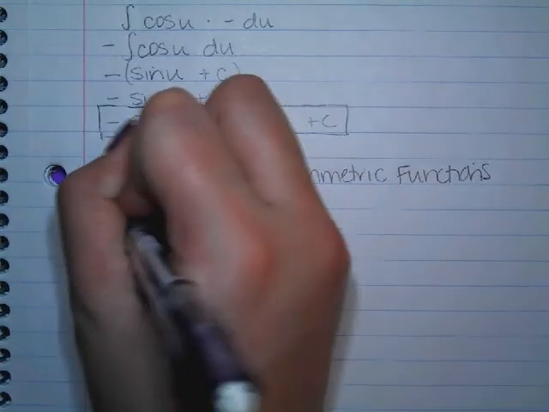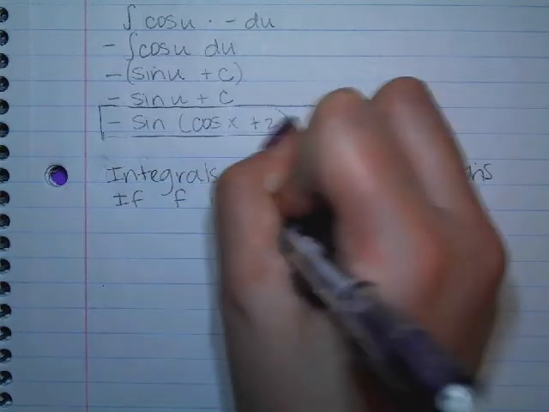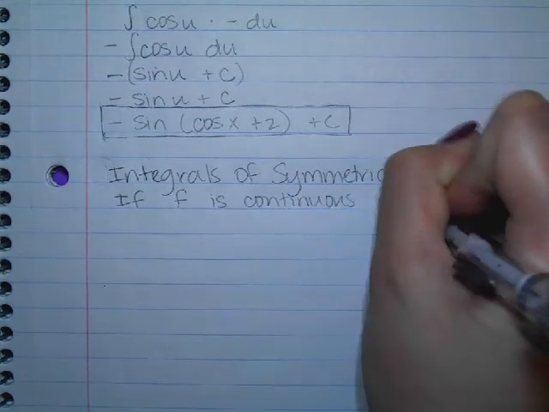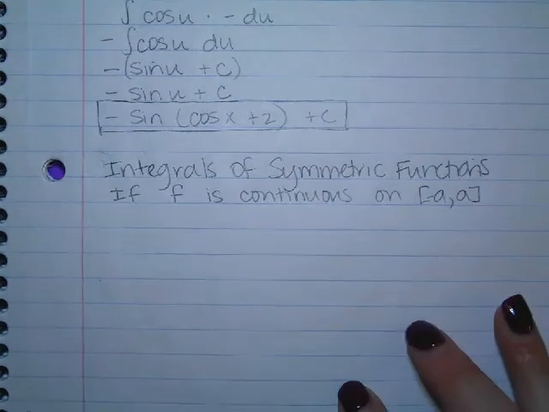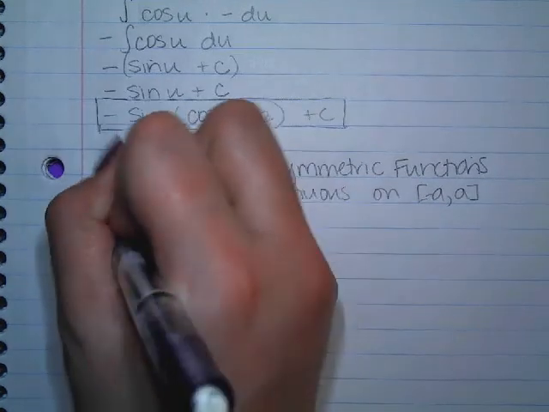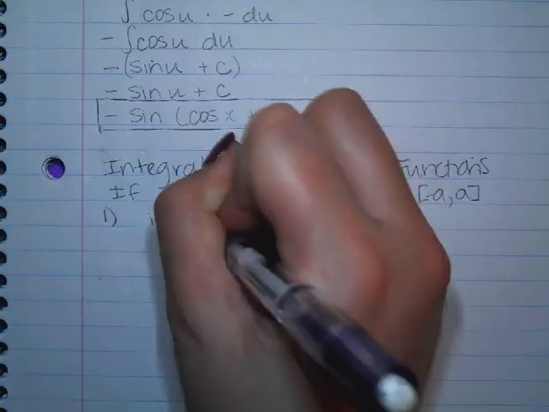All right, if f is continuous on the closed interval negative a to a, then we have two different potential conclusions we could make. If f is an even function,